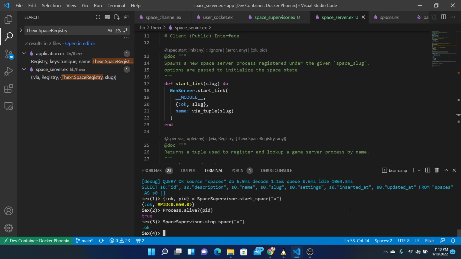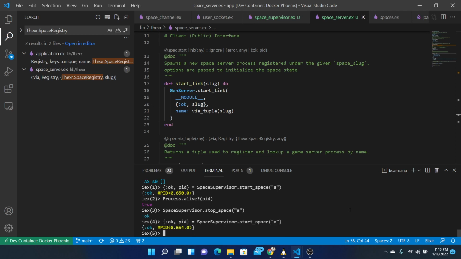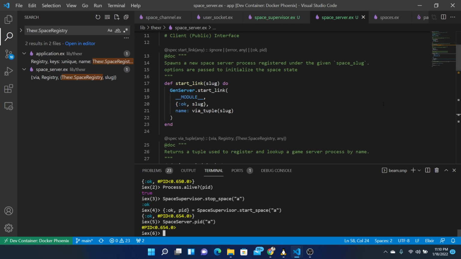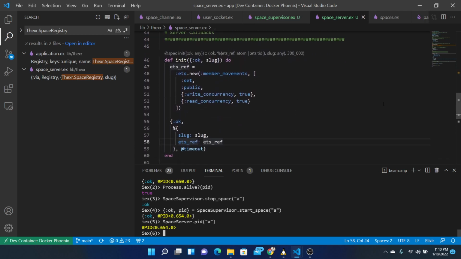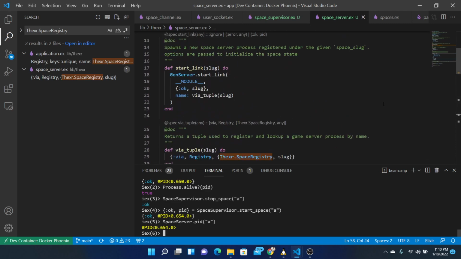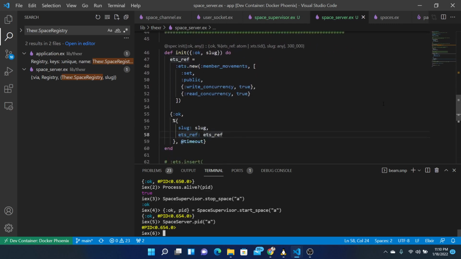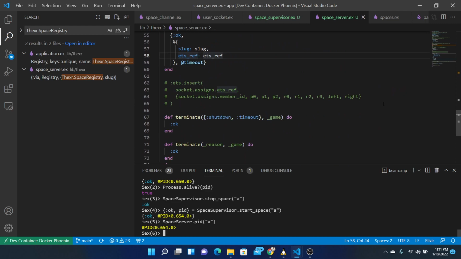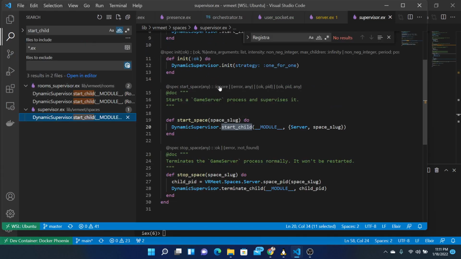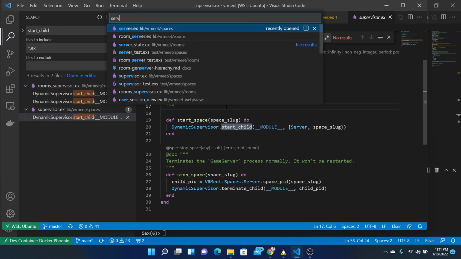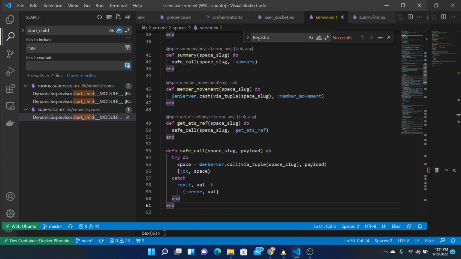Stop the space. Okay. So if we want to start the space again, and server SpaceServer dot PID for A. Now that works. Okay, just needed reboot. Okay, with the SpaceServer, what should have? Okay, there's no way to get the ref unless we hand back a method that says give us back the ETS ref. So was there such a method? Yeah. Get ETS ref,